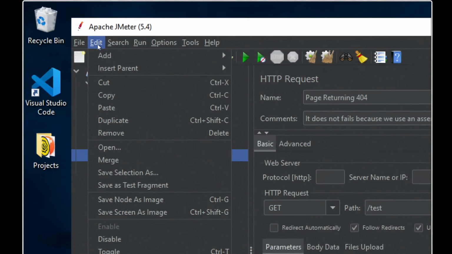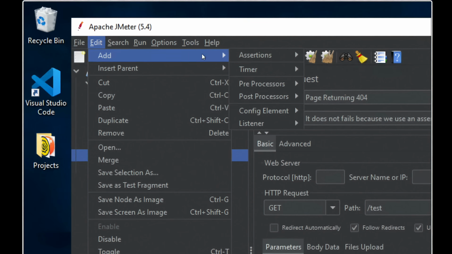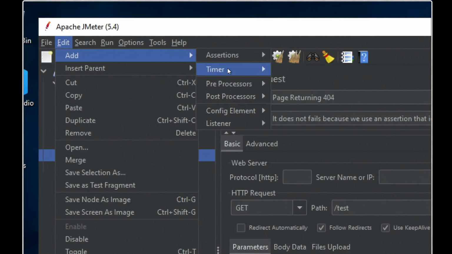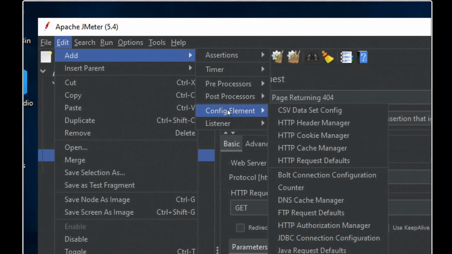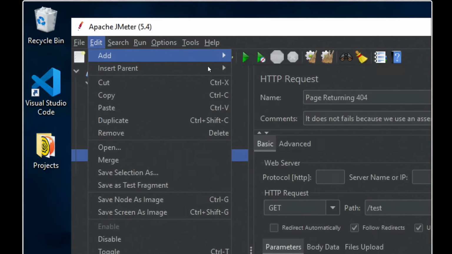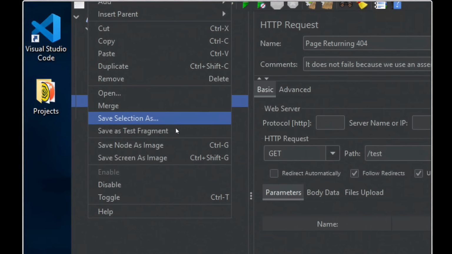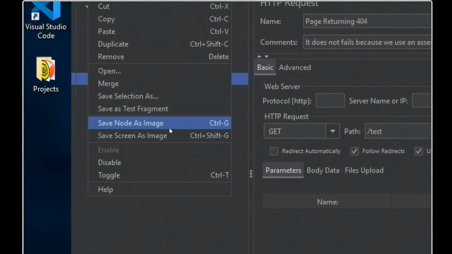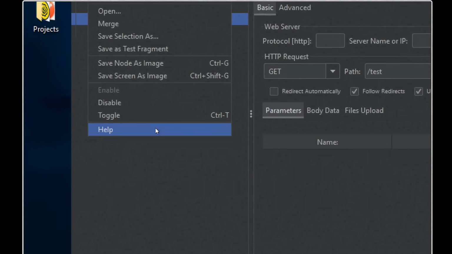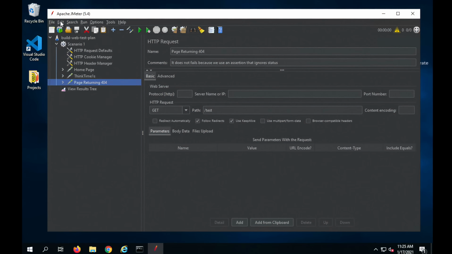Let me go to edit, and here we have options to add, and this is where we can start adding our assertions, timers, preprocessors, config elements, listeners, and everything. And we will see this in detail in the coming sessions. We have options to insert parent, cut, copy, paste, duplicate, remove, save selection as, save as test fragment, and all these options here. We also have a help option here,